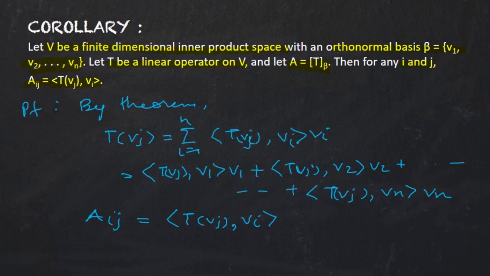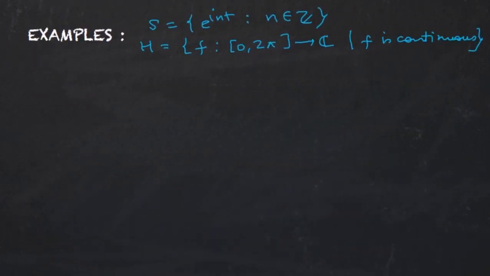Let's see some examples. So we are taking the space H to be the space of all continuous complex valued functions defined on the closed interval 0 to 2 pi, and S to be the subset of H consisting of the vectors, the functions e to the power int, where n belongs to Z. Then S is an orthonormal subset of H, as the inner product of any function